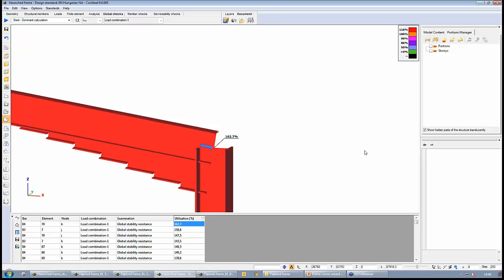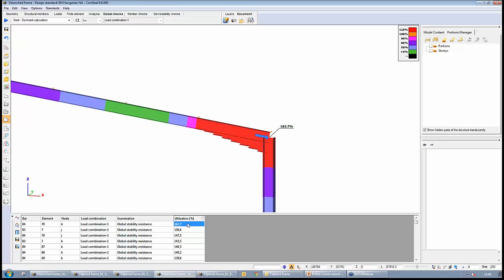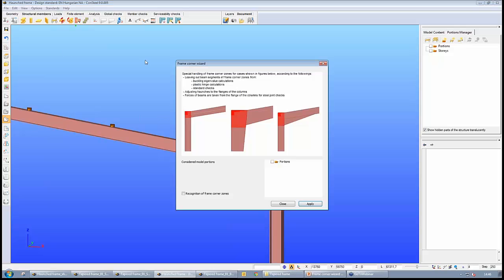This should be taken into account when we evaluate the cross-section resistance or the buckling resistance as well, based on the slenderness calculation at each cross-section. So now it is not adequate. What's happening if we use this corner